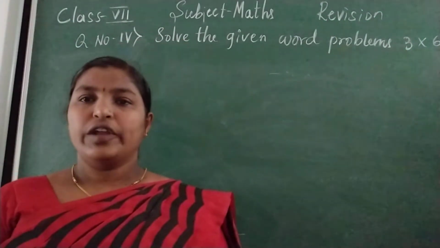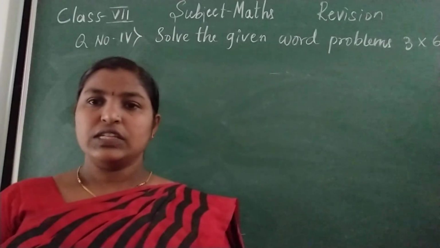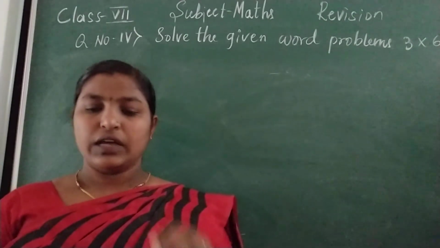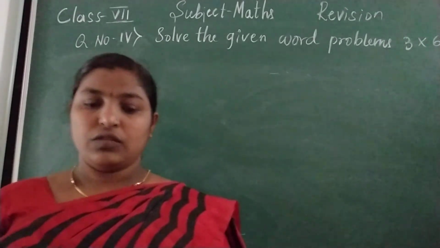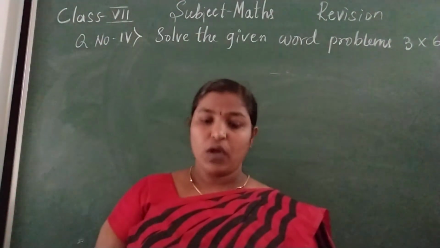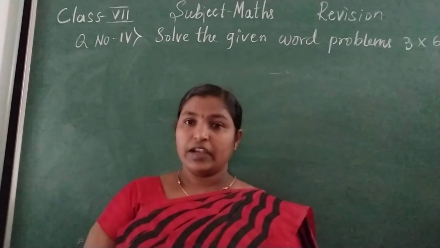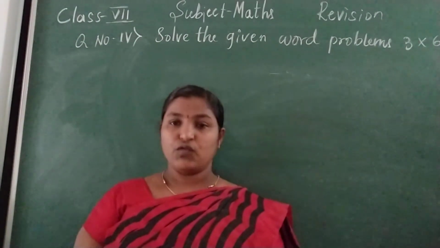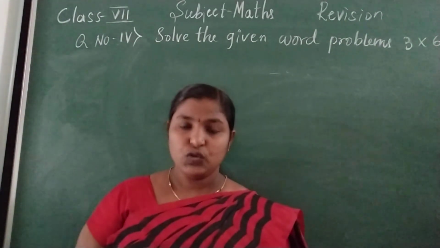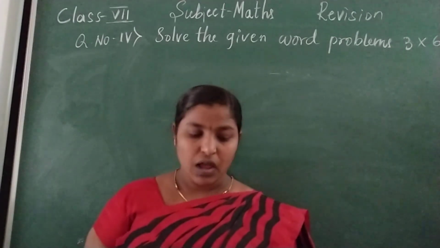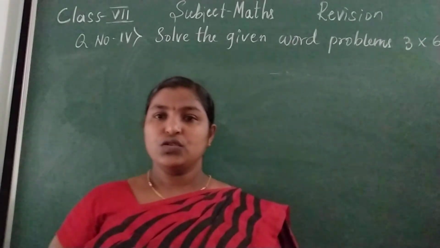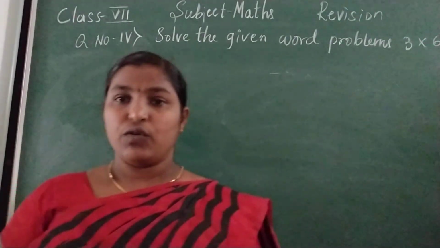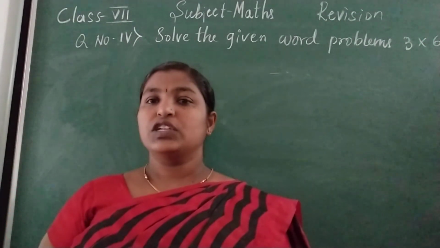So whatever the pattern we have discussed: tick the correct options given below. You will get 4 options, and you have to select the correct answer. And second one is state whether true or false. Third, do as directed. We have solved these now. So these questions and examples, you also solve as homework today only, and send those pictures to me.